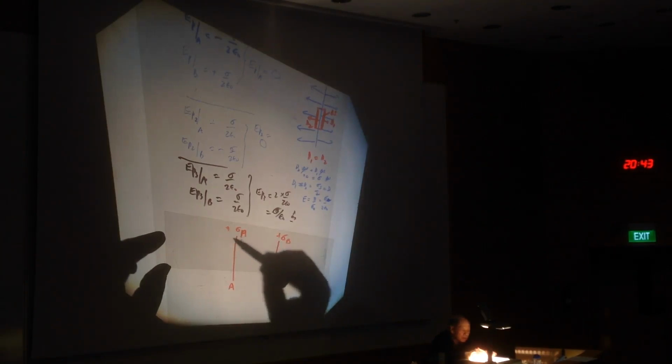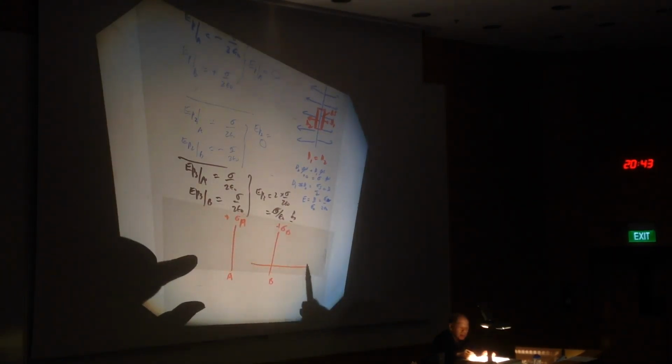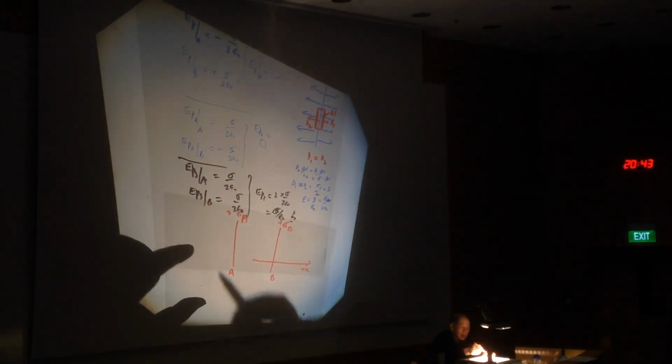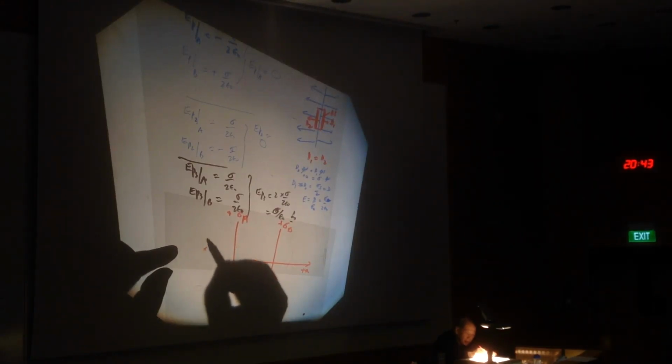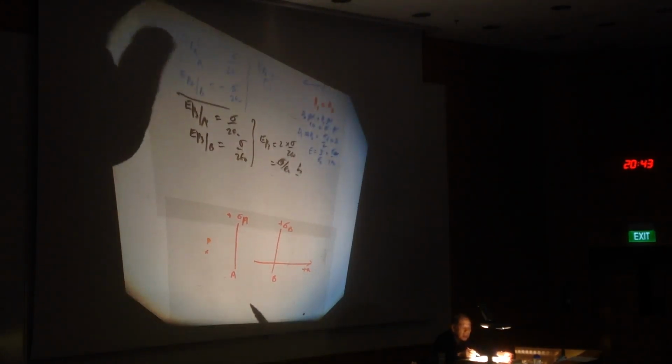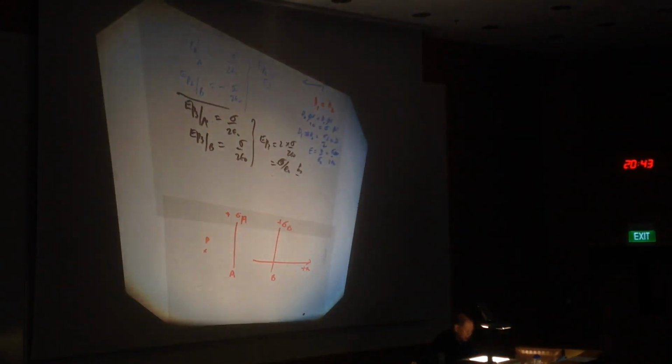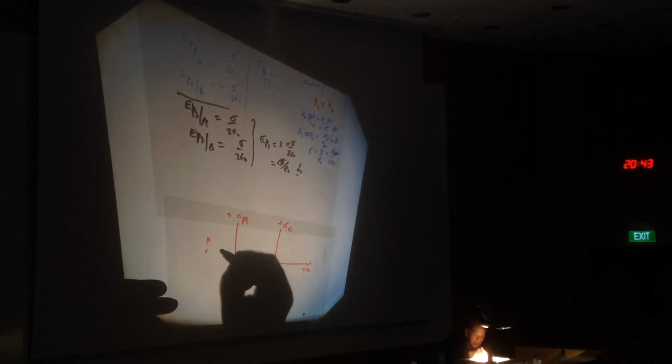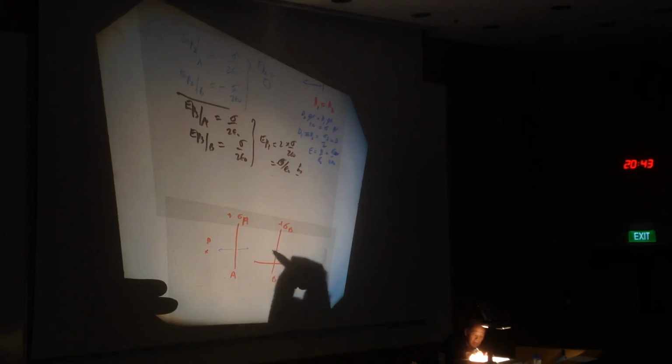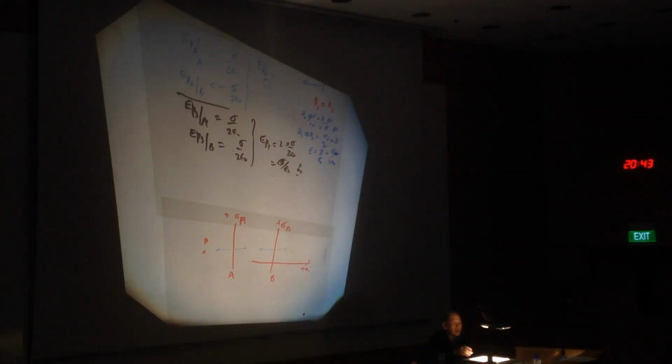Assume all positive. Again, this is positive X. At this point here, P. Again, if I draw my curve now, positive, positive, like this, like this, no problem, because